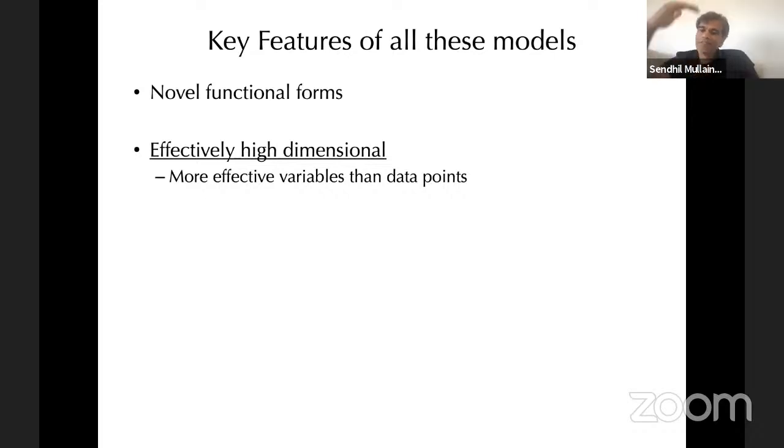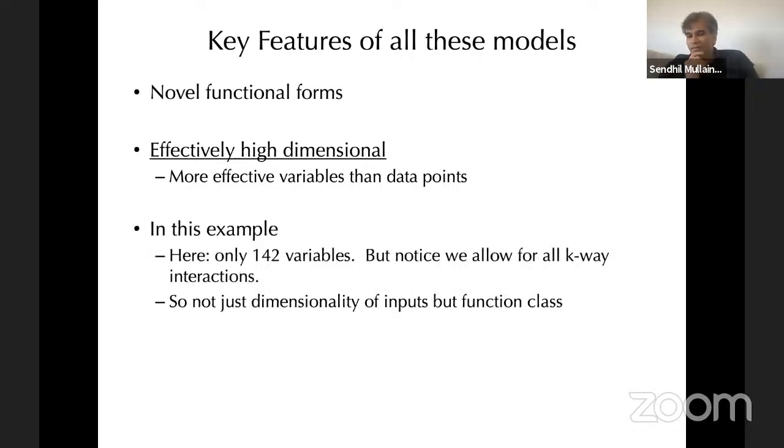What I mean by that is, think of the decision tree. It can keep going and going. It can go so far down so that you have more nodes than you have data points. Effectively, you can allow for, even though here we only have 142 variables, by allowing for interactions, which is what the decision tree does, it's what gradient boosted tree, it's what all these models do. They allow for different functional forms. Effectively, you have an almost infinite amount of, not infinite, but very large relative to sample size amount of variables that are entering the regression. So machine learning is like estimation, like you've done all the way along, but it